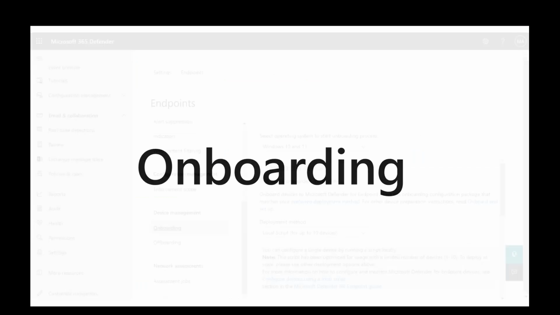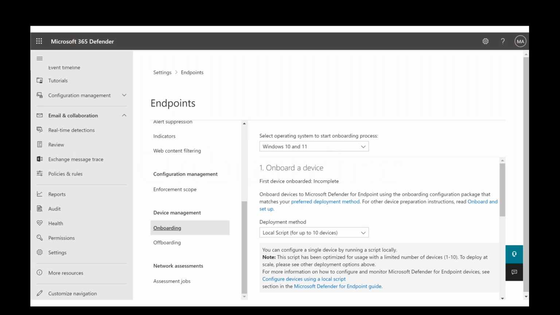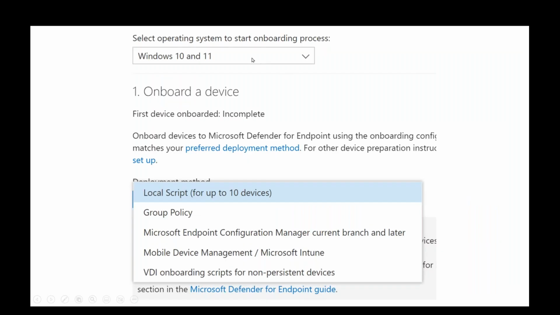Now, onboarding, as we mentioned, there are a number of different ways to skin the cat here. The way you find that is you go into the settings once again, and you'll see down the bottom there's an option here for onboarding. We can choose the operating system we wish to onboard. We can then choose the method. If we look at just Windows 10 here, if we select Windows 10 or 11